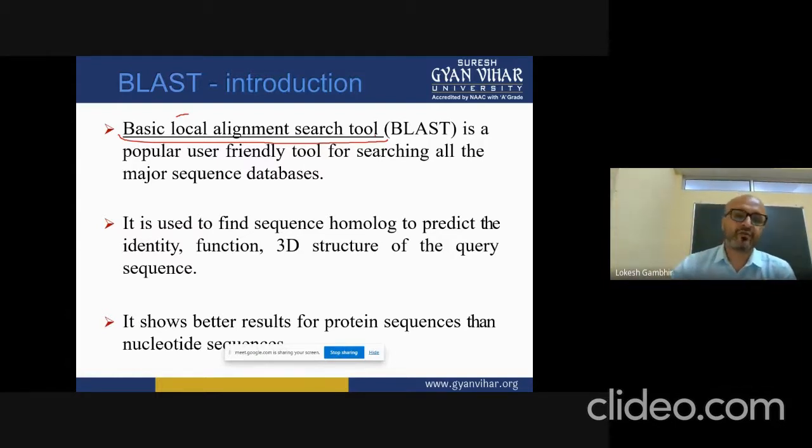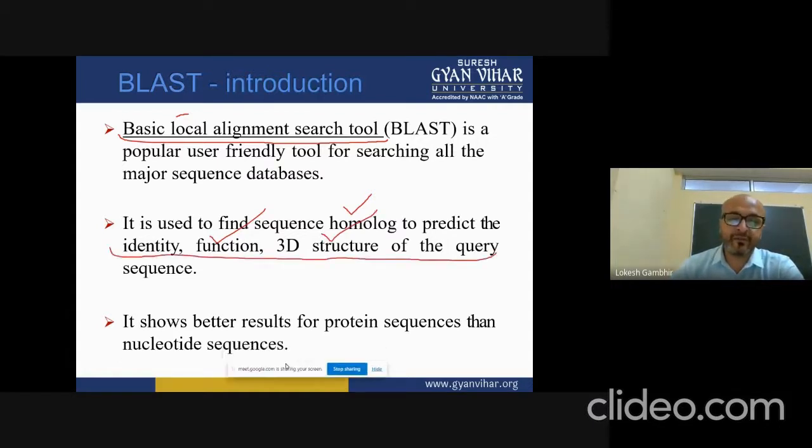So what is it used for? We use it regularly to predict homology or sequence similarity, and we also use it for identifying functions, or similar 3D structures. So based on my aim, I use BLAST for different purposes.